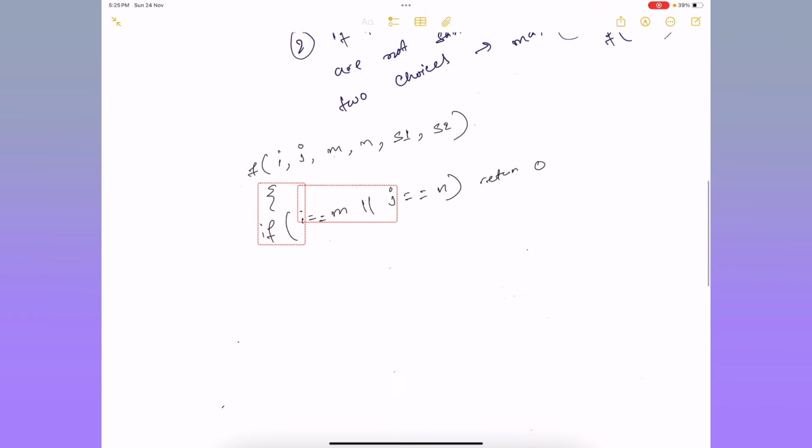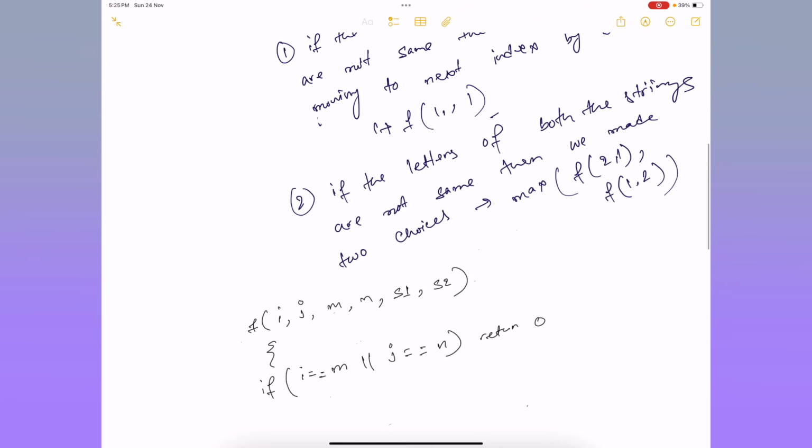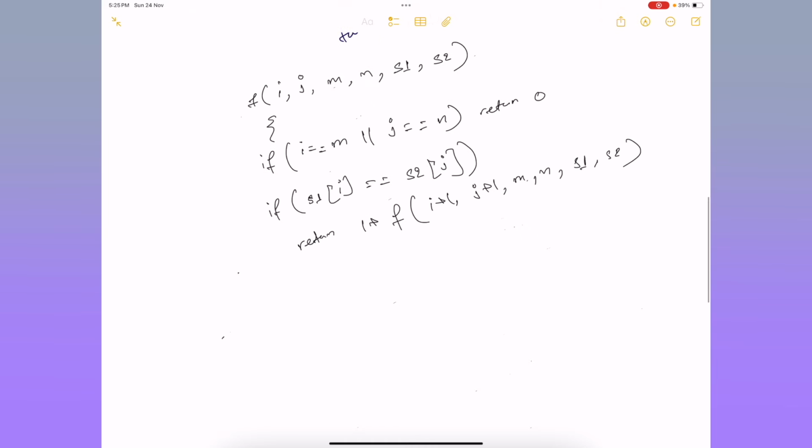Now we have two cases. One is when the first letters of both strings are the same, and the second case is when the first letters of both strings are not the same. So if s1 of i is equal to s2 of j, then we return 1 plus f of i plus 1, j plus 1, m, n, s1, s2. So the first case is done. The second case is